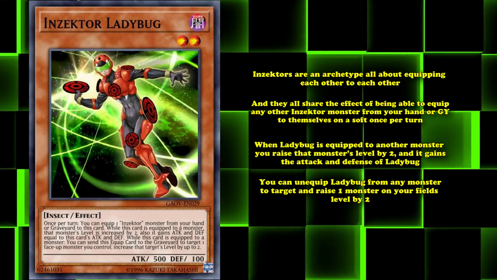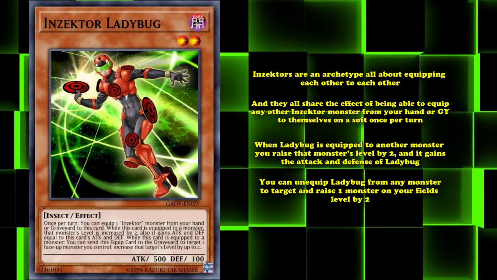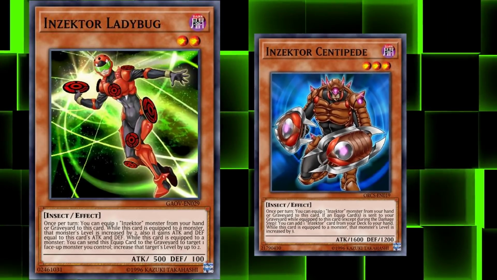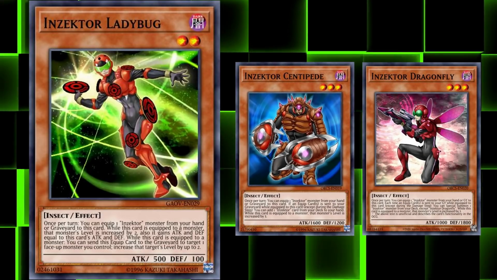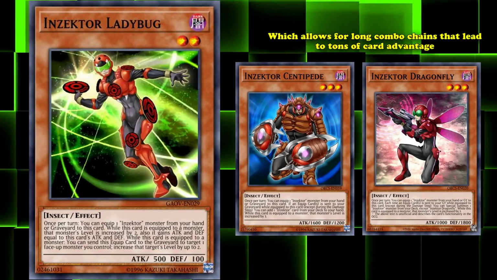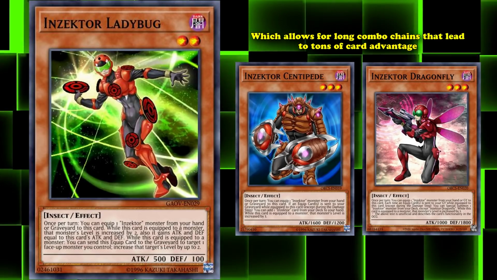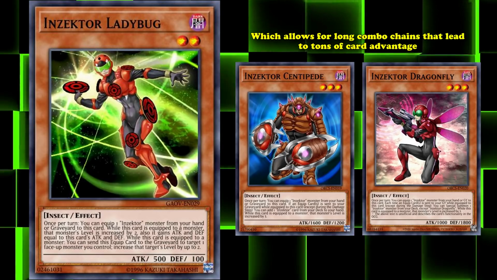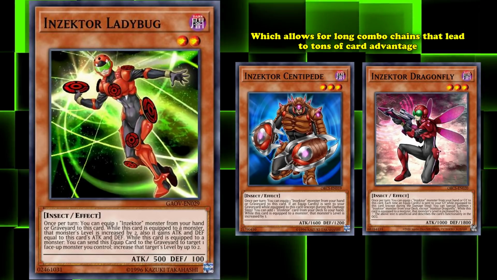Due to barely any Inzektor monsters' effects being once per turn, you can activate cards like Inzektor Centipede to search another Inzektor, including itself, and Inzektor Dragonfly to summon another Inzektor directly from your deck, except itself, which allows for long combo chains that lead to tons of card advantage. Ladybug falls into this combo due to being able to send itself to the graveyard, which procs both of those